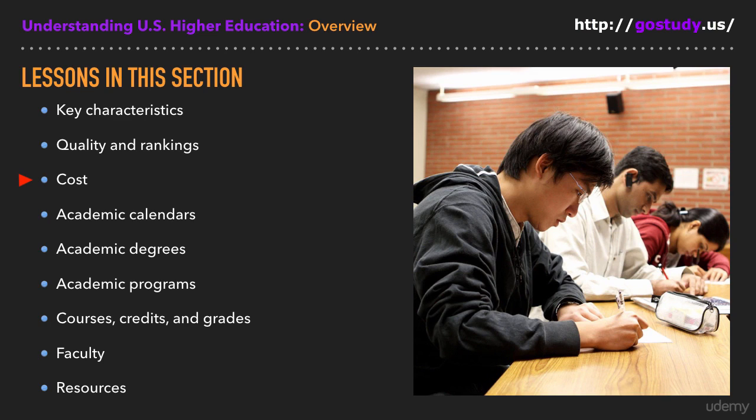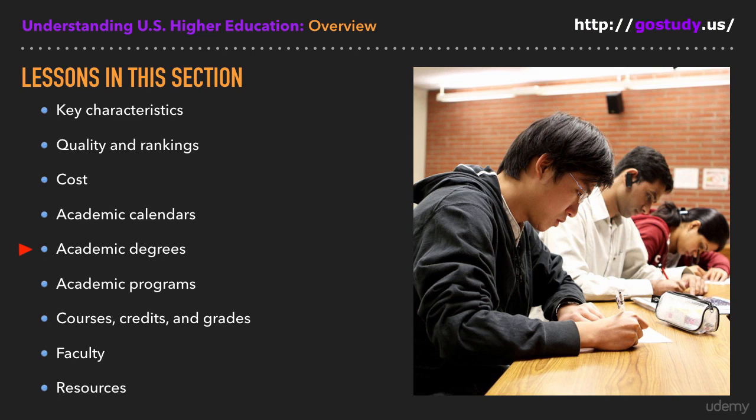In the cost lesson, I talk about costs related to studying in the United States, how to learn how much it will cost to attend a specific school, and ways to lower the cost of getting a university degree. In the lesson on academic calendars, I explain the different calendar systems schools use and note some common holiday and vacation periods. In the lesson on academic degrees, I talk about the differences between undergraduate and graduate programs and different